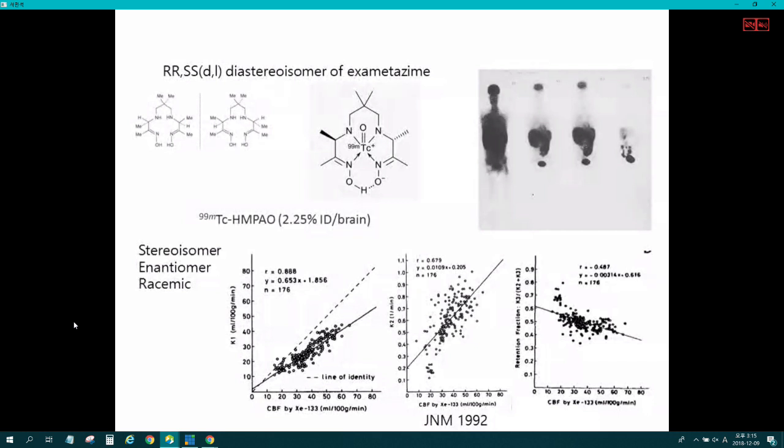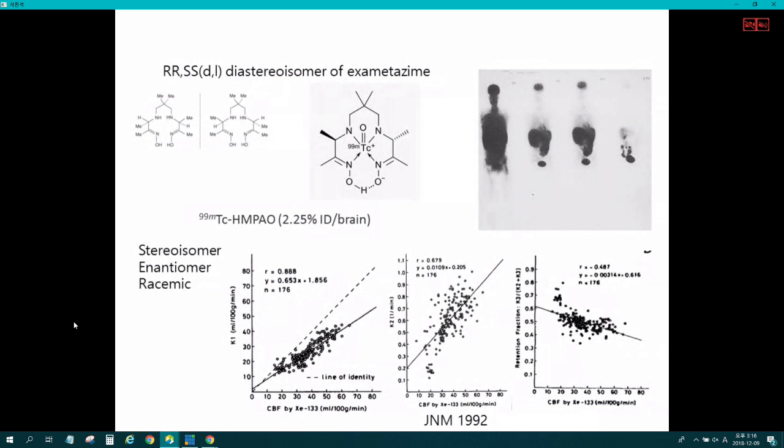When ECD was first produced and commercialized, a scientist from the ECD producing company visited me. I was in charge of brain blood flow as a physician. He tried to persuade me to change our use of HMPAO to ECD. So I needed to decide with limited information at the time.